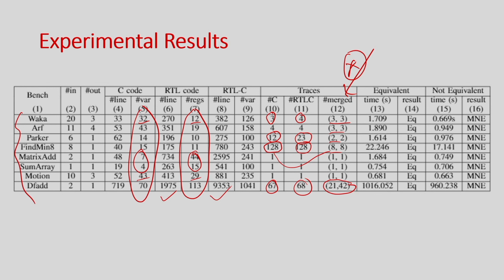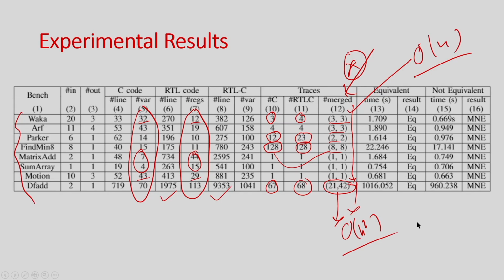Then after that we check. You can understand that. Out of this, I think there are 7 or 8 test cases; in 7 test cases the number of traces become equivalent, and in only one case it is not equivalent. So in most cases in this scenario order of n will suffice. Only in this case do I have to go for order of n square checking, because the number of traces is not the same. This is very helpful. In most cases merging compatible traces reduces the problem to one where one-to-one corresponding checking can help.